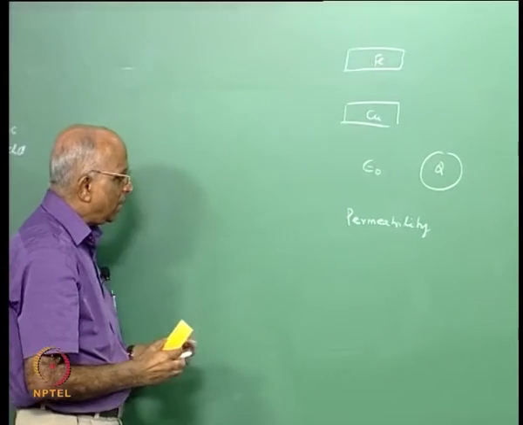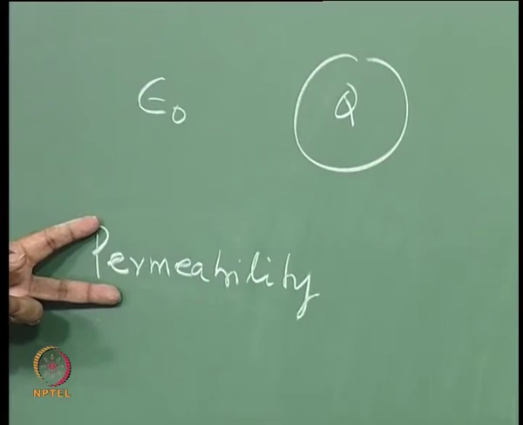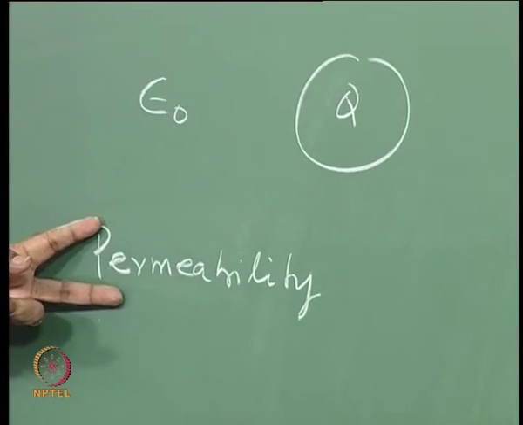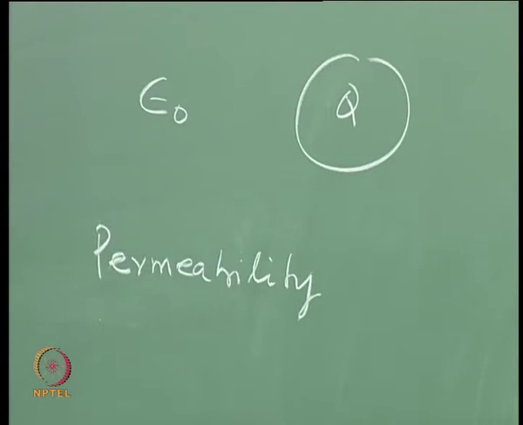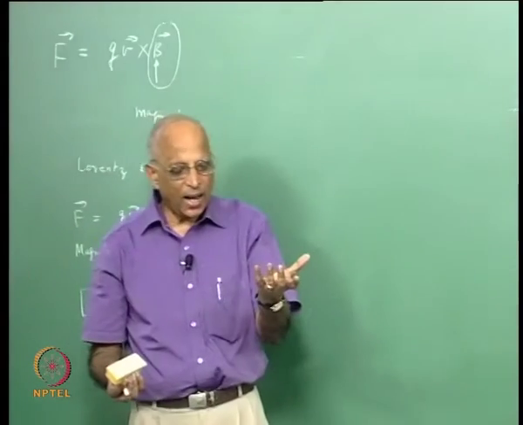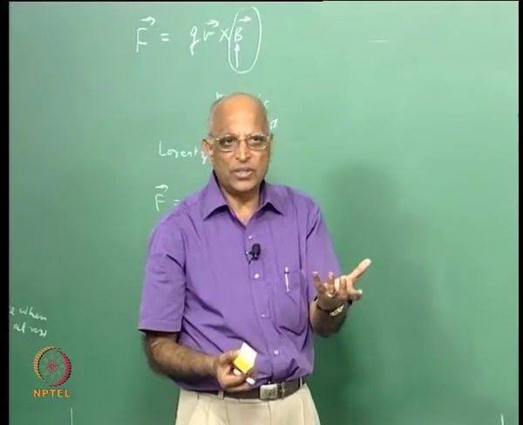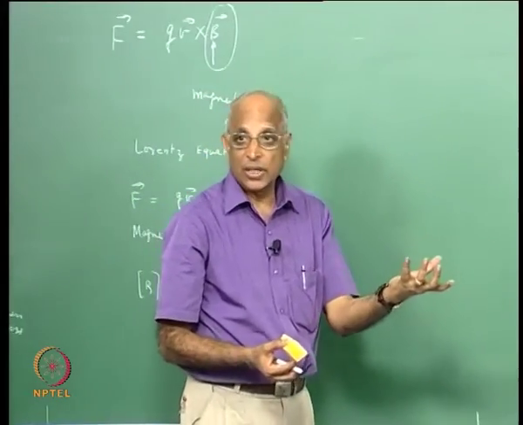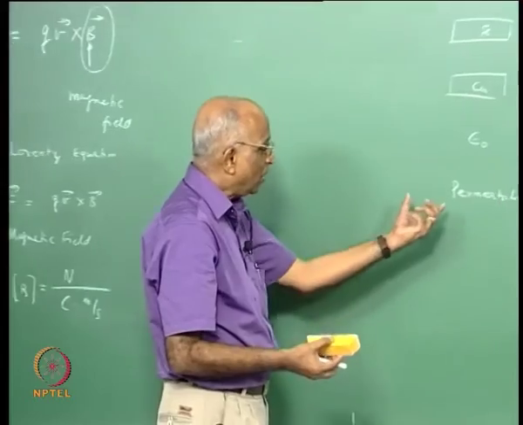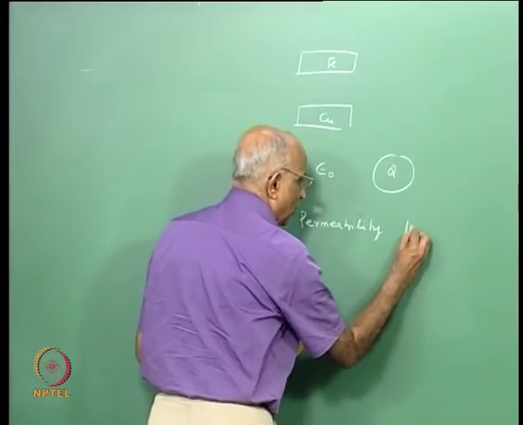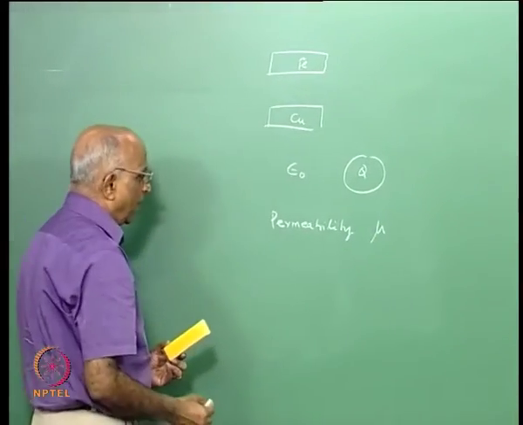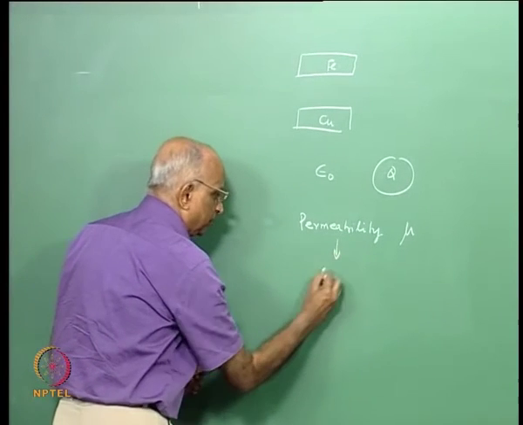What is permeability? Let me repeat again. The ability of a body to get magnetized in a magnetic field. Iron gets easily magnetized, some bodies get easily magnetized, air does not get that easily magnetized. Therefore, we call it permeability, and it is denoted by mu. And permeability of free space